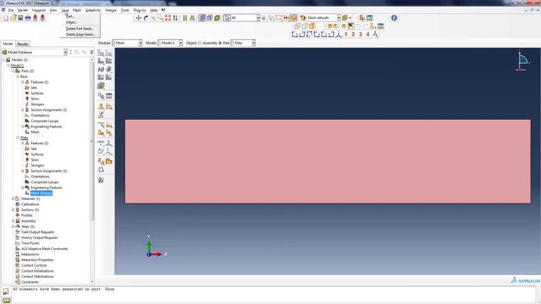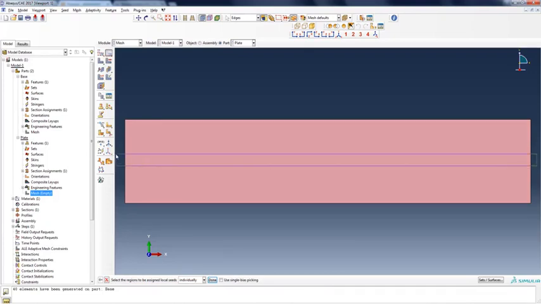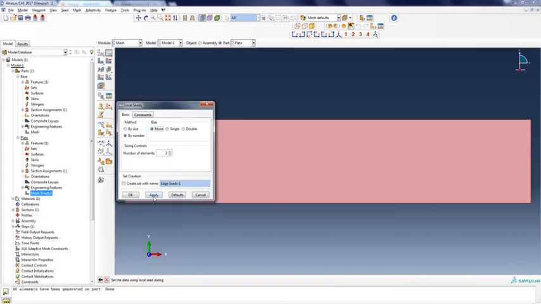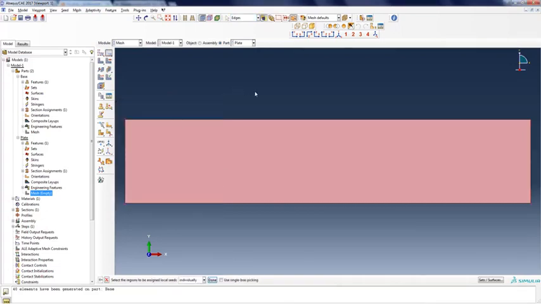We want to seed the edges. So this is the thickness direction, and it involves bending. So we could allocate 2 elements across the thickness and no bias. 2 quadratic ones, so that we avoid the shear locking.